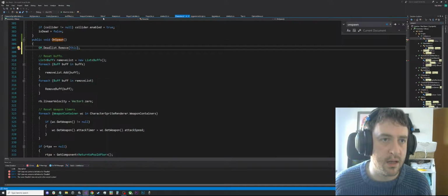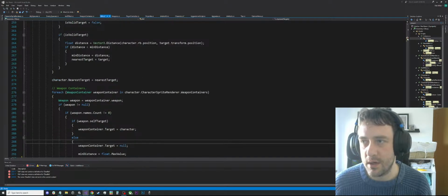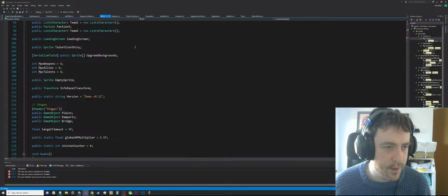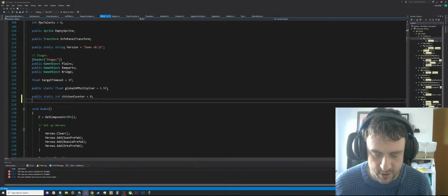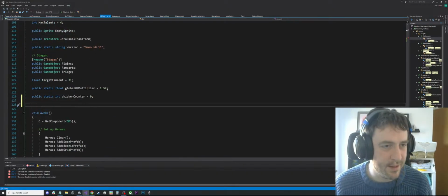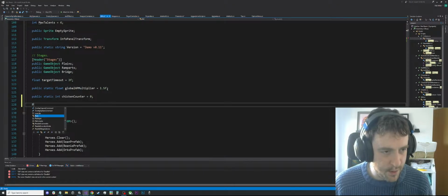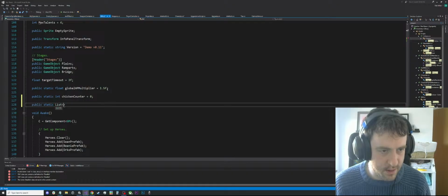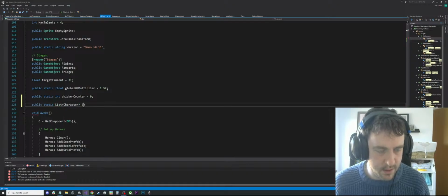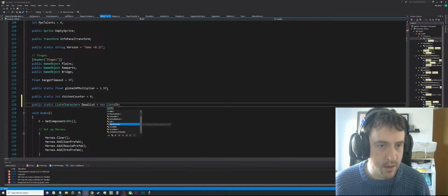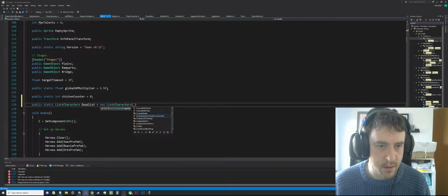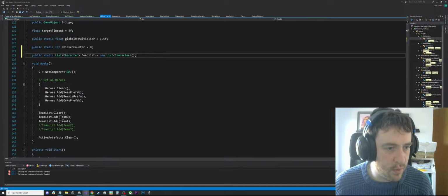Then we need to actually make the dead list, and we're going to put it in this very tidy pile of variables in our GM right here, exactly where it should go. I'm being sarcastic. Public static list character dead list equals new list character. On start we should